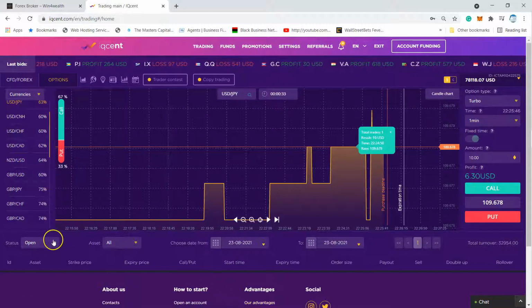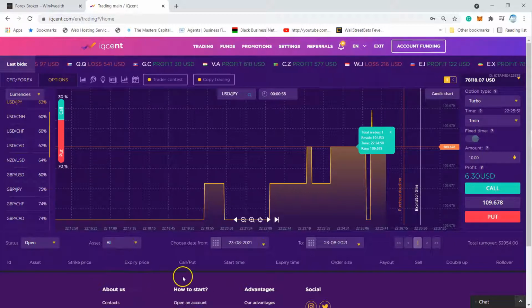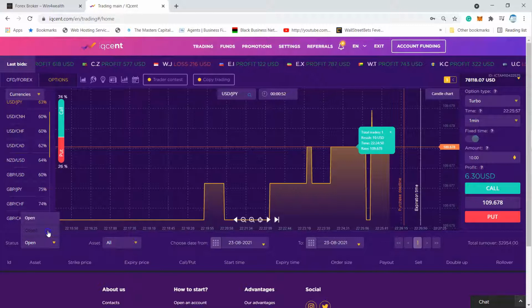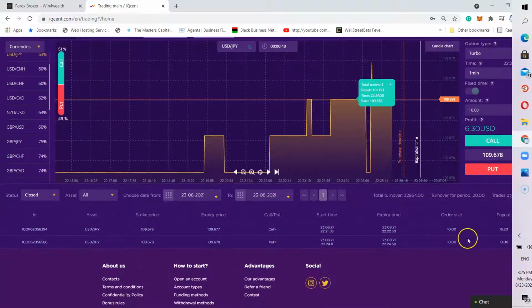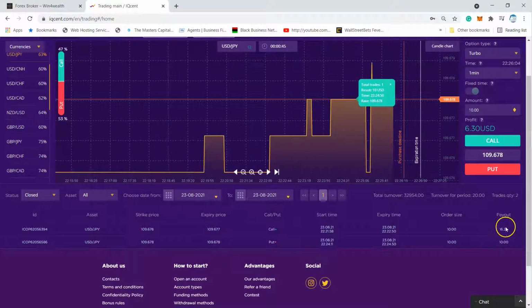The next thing you want to know is right here, there's a status. It says open. So these are all the open trades that we just took. You'll be able to see open trades in this area right here. If you make it go to closed, you'll be able to see the trades that were closed out today. So we took 2 trades today. They're both closed out. The payout, we won on both of them. We broke even on this one. You can see $10, $10. We won on this one, $10. We won